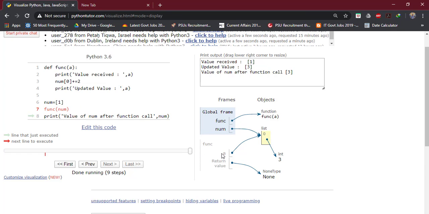See, the value is getting caught in a mutable variable, and you know that you can do in-place change in a mutable data type. So here a is of mutable data type, and num and a both are pointing to the same memory location. So when you are making a change to a, the change will take place in place because it is a mutable data type. The list is a mutable data type.